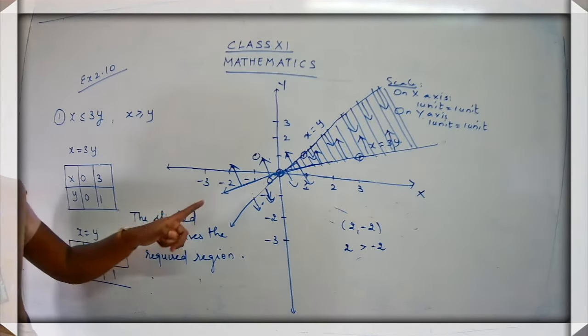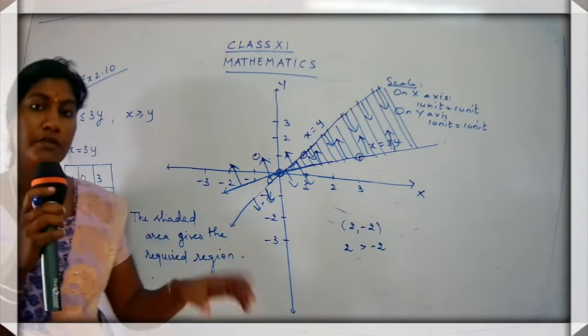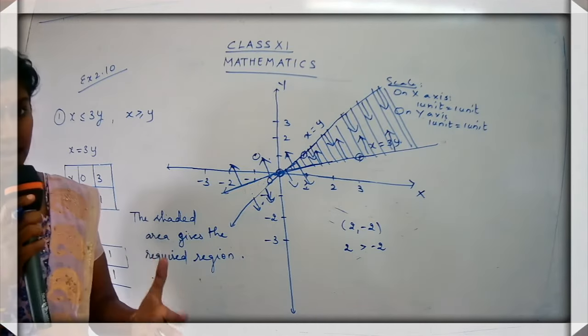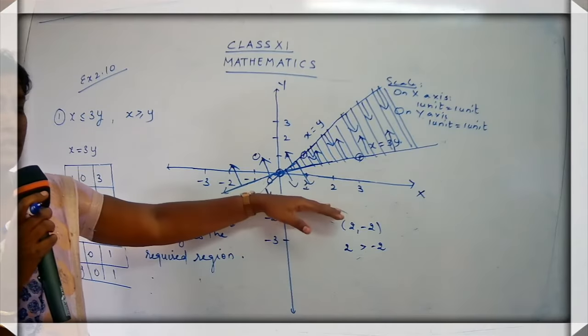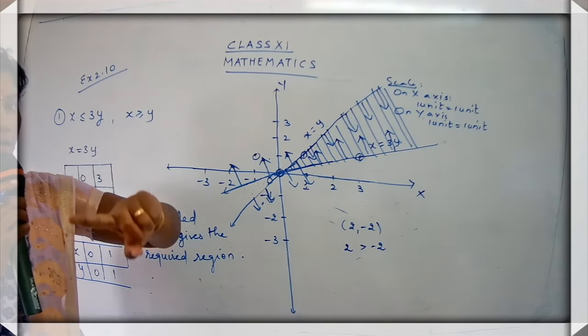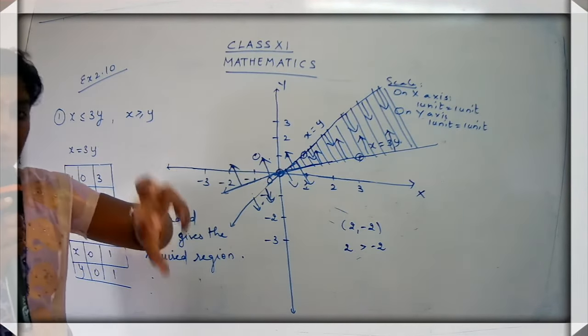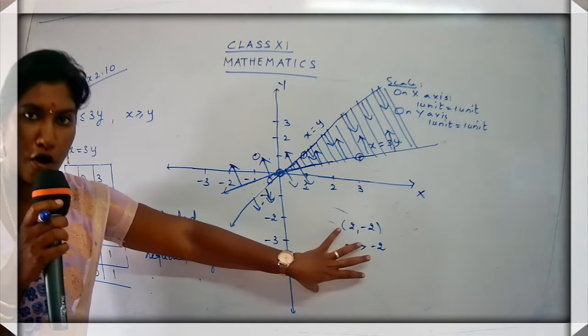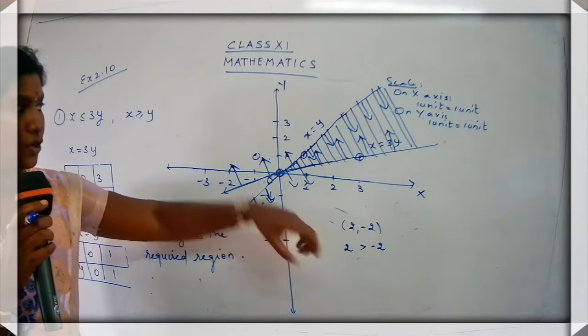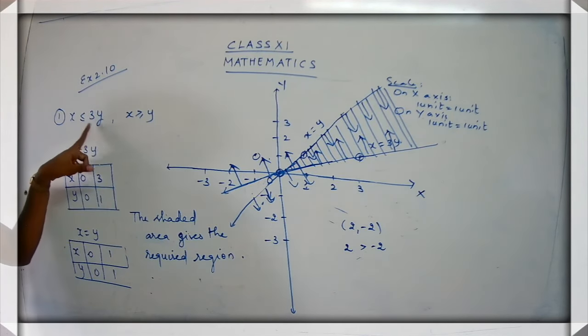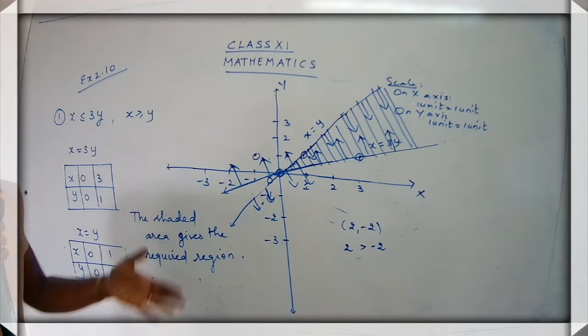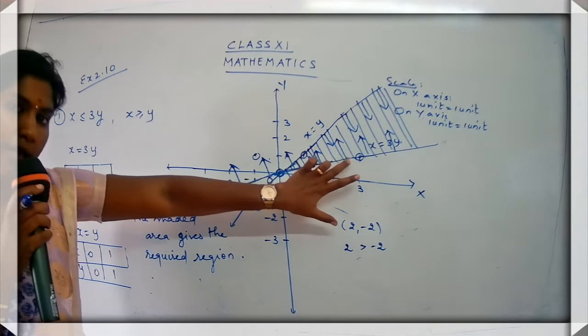Write down the equation. Once you write the equation, we are going to check the area, that is where it is going to lie, whether it is going to lie below or it is going to lie above. That's what you are going to check. So how to check? You are going to choose a coordinate from the below part or the above part and try to check whether you are able to get the condition satisfied. Once the condition is satisfied, accordingly you have to draw the arrow.